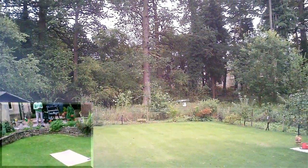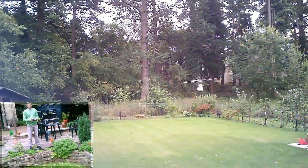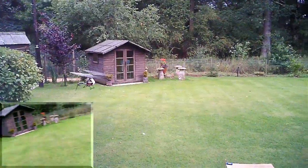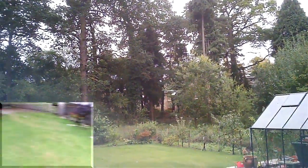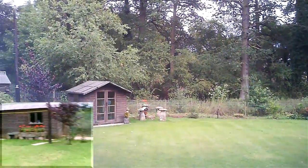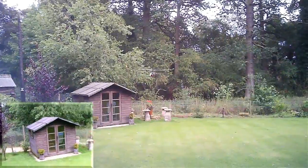I'm afraid the weather's not great. I think it's probably going to rain at any moment. I've adjusted the blade tracking, so hopefully the onboard is now a little smoother. But onboard video tends to improve with running for the first few flights. Point it at the shed and I can... the wind...